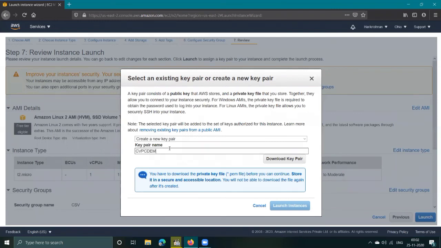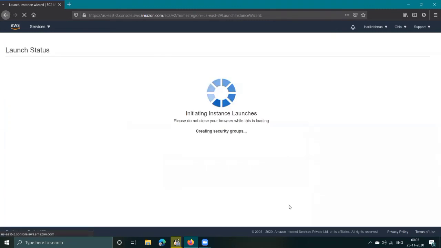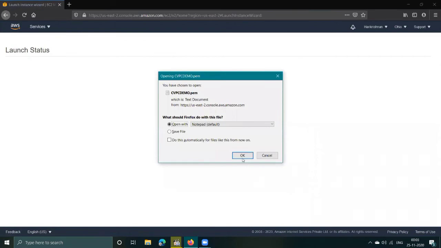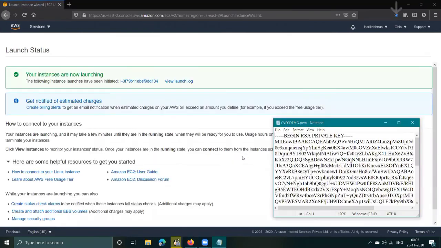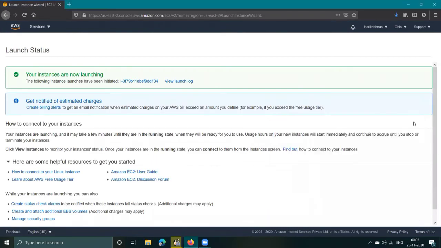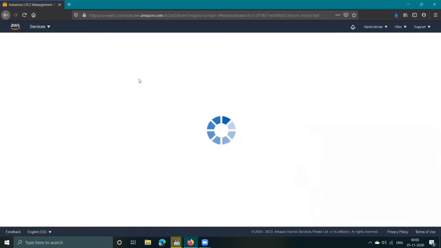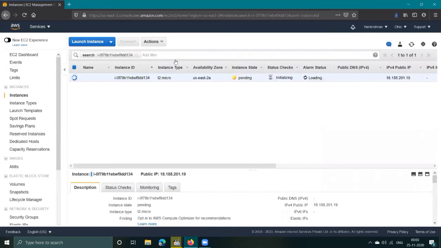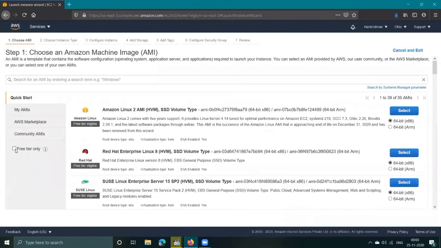Give the new key pair name as CVP CDE demo. Download the key pair. Launch instance. See, your instance is being created. Go to EC2 instances. It is initializing. Yeah, it is running now.